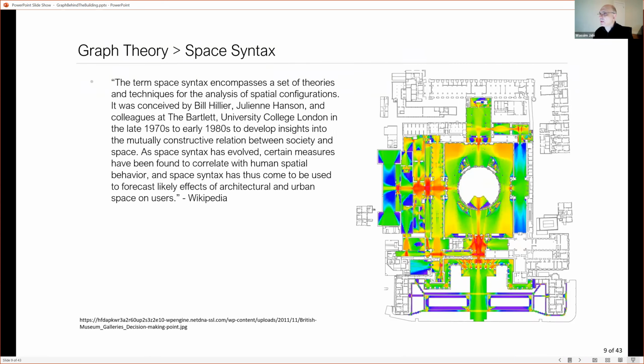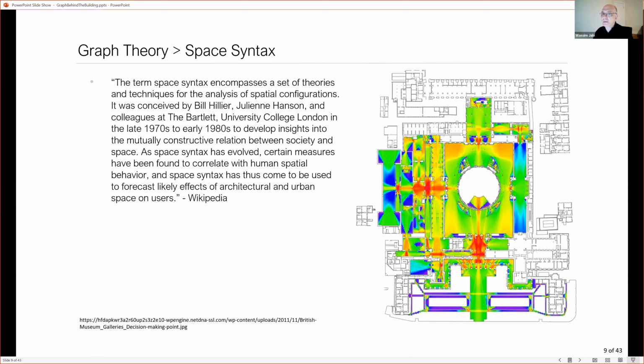So you can find out, if you have designed a building, where are the points of congestion, perhaps, and you can imagine, the entrance and the control that is at the entrance. That's where all the people are going to be funneled in. It's not that difficult to predict that. But also, where are the areas that are perhaps very isolated and you need maybe more surveillance on them, or change the design so that you integrate them a little bit more. So it becomes really useful to just look at the structure of the graph and find out information about it.